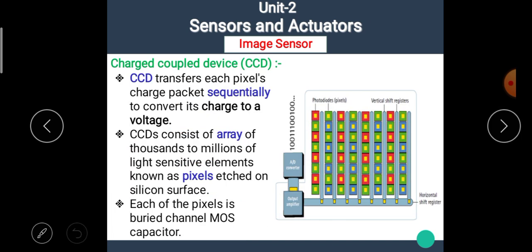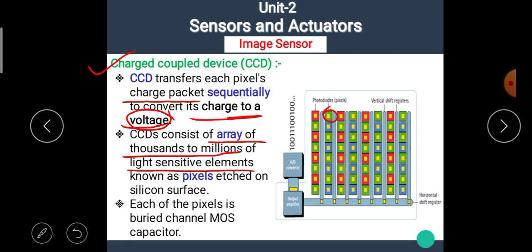Now let's see the details about the charge coupled device, CCD image sensor. The CCD transfers each pixel's charge packets sequentially to convert each charge to a voltage. In a CCD, the generated electrical charge is converted into the voltage. The CCD consists of an array of thousands to millions of light sensitive elements known as pixels etched on silicon